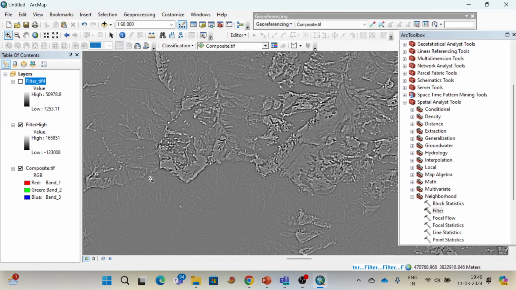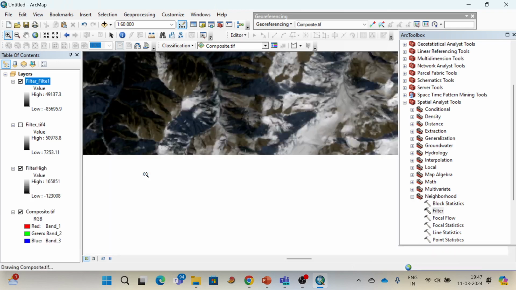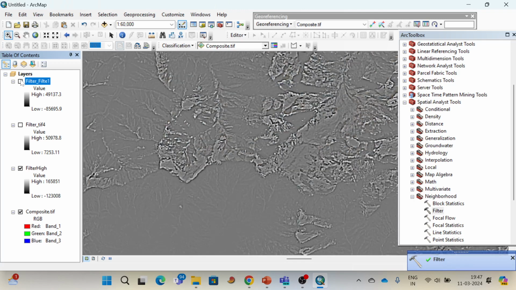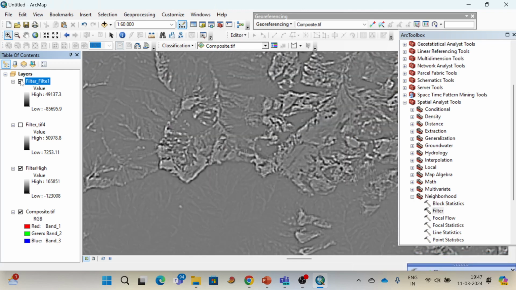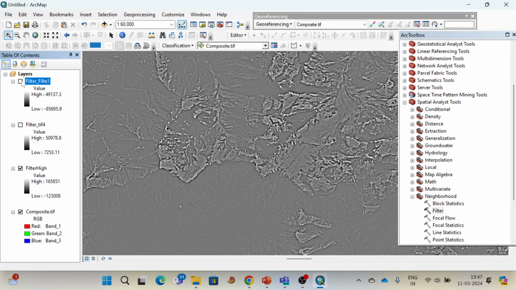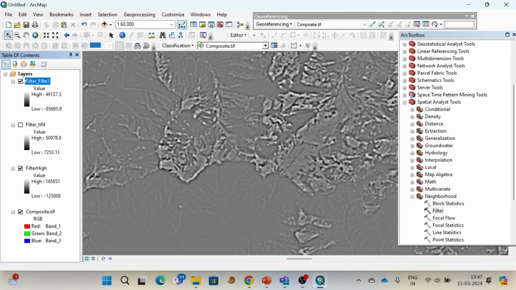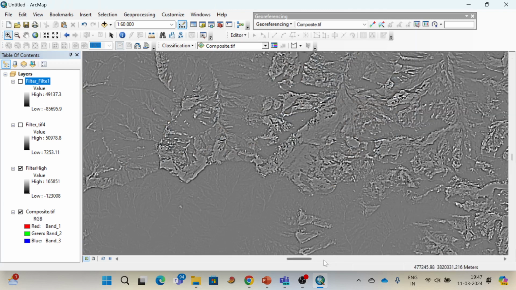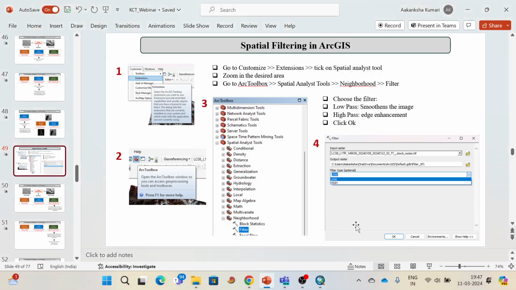So it is applying low pass filter on the result of high pass filter. You can see in this one the edges were clear. See, now they have been smoothened out. That's why it is appearing slightly blurry. Okay, you can see the difference of this spatial enhancement or filters. Okay, so I'll just go back to the slides,